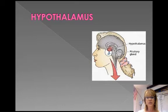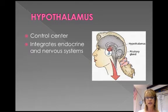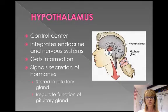Beginning with the hypothalamus, it is the control center of the endocrine system. It integrates the endocrine and nervous systems. It's located in the lower brain. It receives information from nerves of the body and other parts of the brain. It gets its information about internal and external environment. It signals the secretion of hormones that are stored in the pituitary gland, or it regulates the function of the